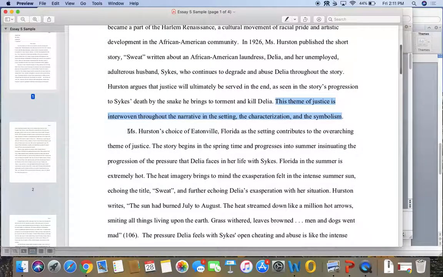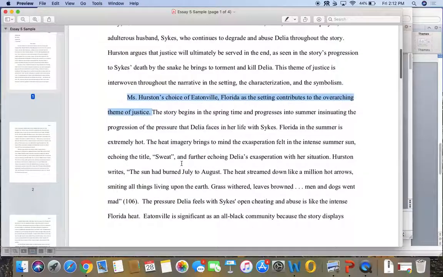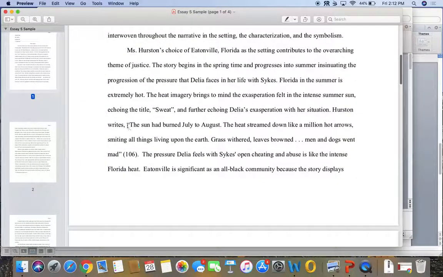And then what I also want to draw your attention to here is the topic sentence. So the student says, you don't have to use Miss or Mrs., you can just say Hurston. Hurston's choice of Eatonville, Florida as the setting contributes to the overarching theme of justice. So we know that this paragraph is going to be about setting. And then she goes on to talk about the setting, about the heat imagery and its connection to the title of Sweat. And she uses these very specific